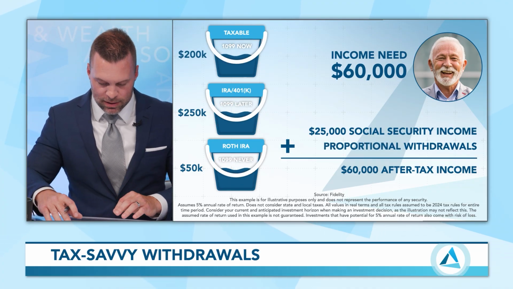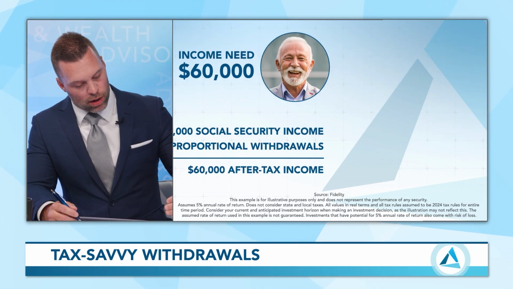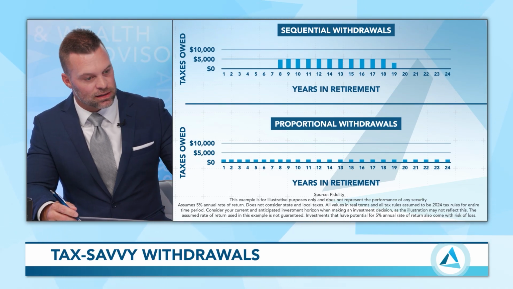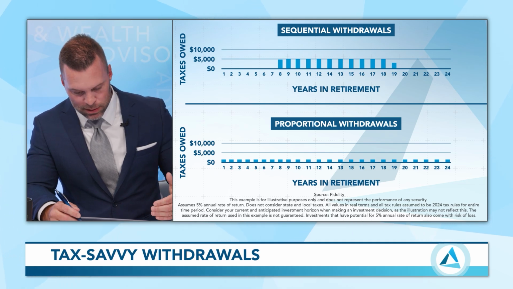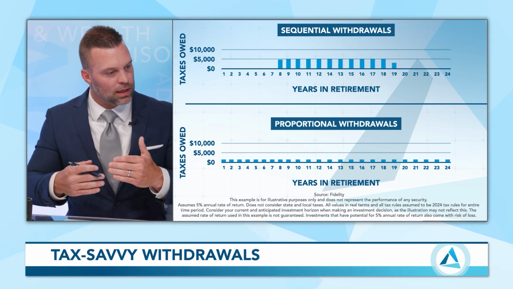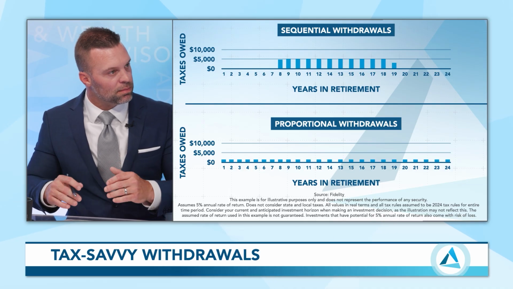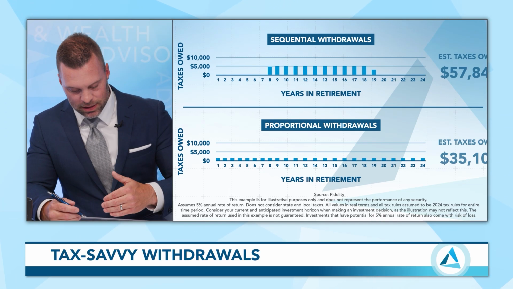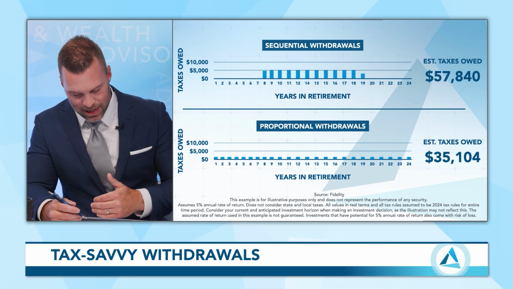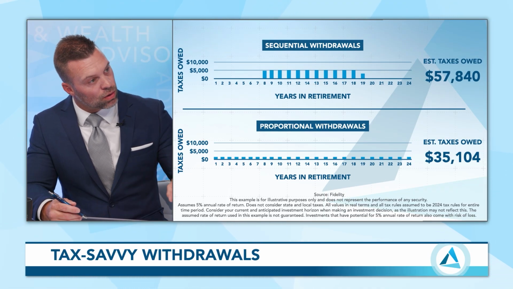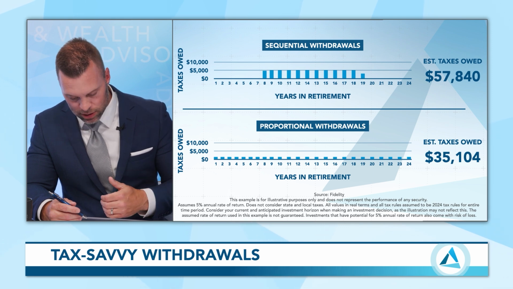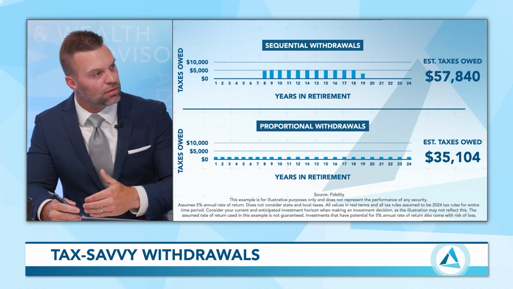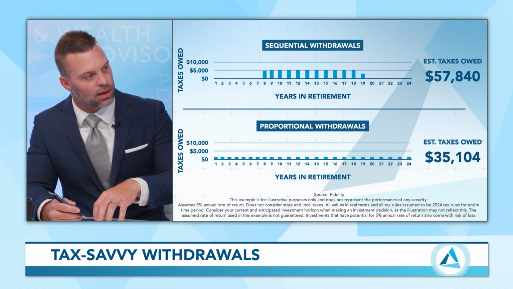Right. And so in this example, you can see withdrawing one at a time, you can see that tax bump in the middle when he starts to hit that tax deferred or traditional IRA account. You see that tax bump in the middle. Withdrawing proportionally allows him to manage his brackets based on his income need. And so you pay a little bit of taxes every year, but over the lifetime, you can see he saves almost 40% in taxes. 40% in tax savings. Huge. Withdrawing sequentially right there, he's over $57,000 in estimated taxes over the lifetime compared to $35,000 when he evaluated it and withdrew proportionally.